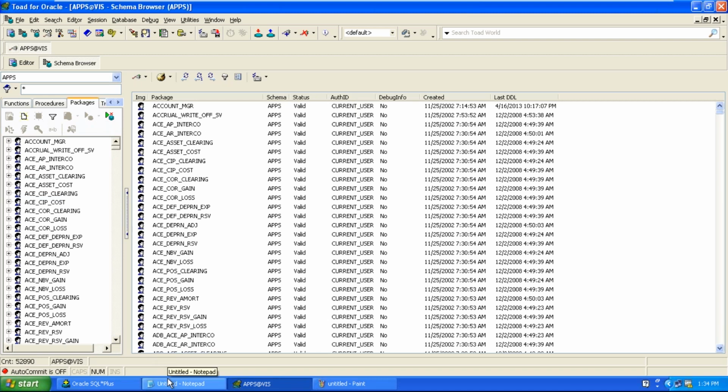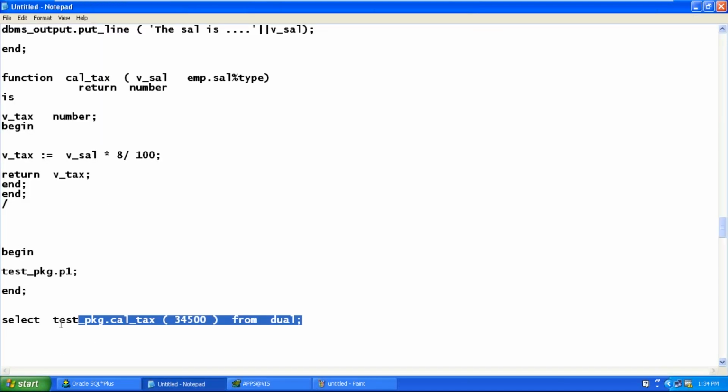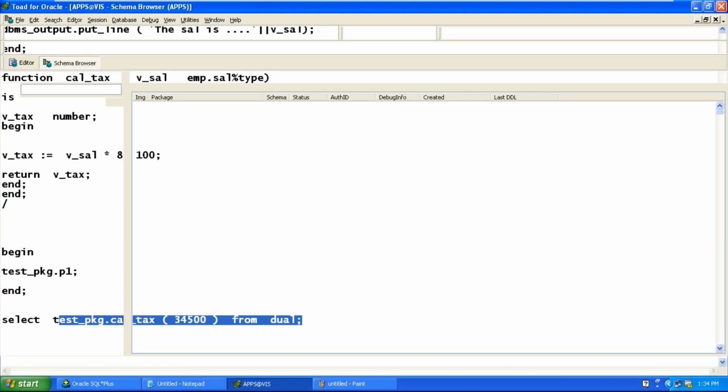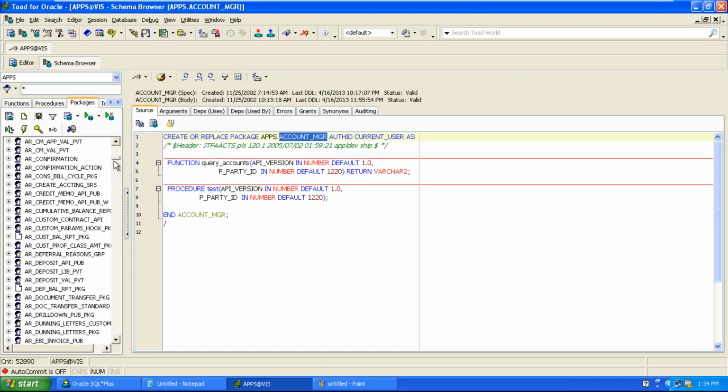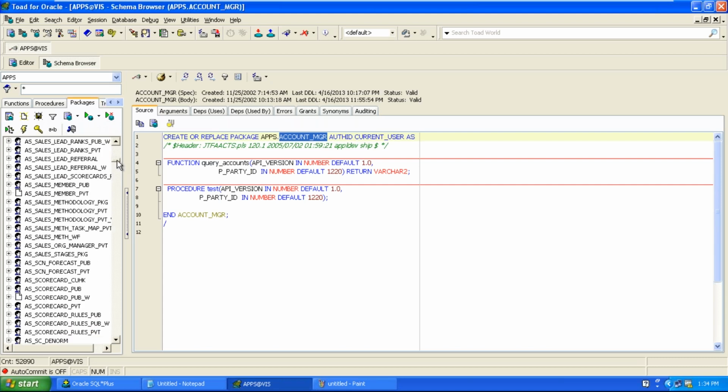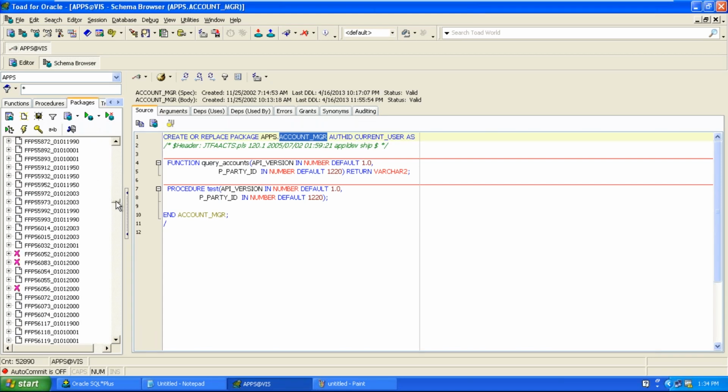What is the name of the package which we have just created in our example? The name of the package is test underscore pkg. It is in alphabetical order.